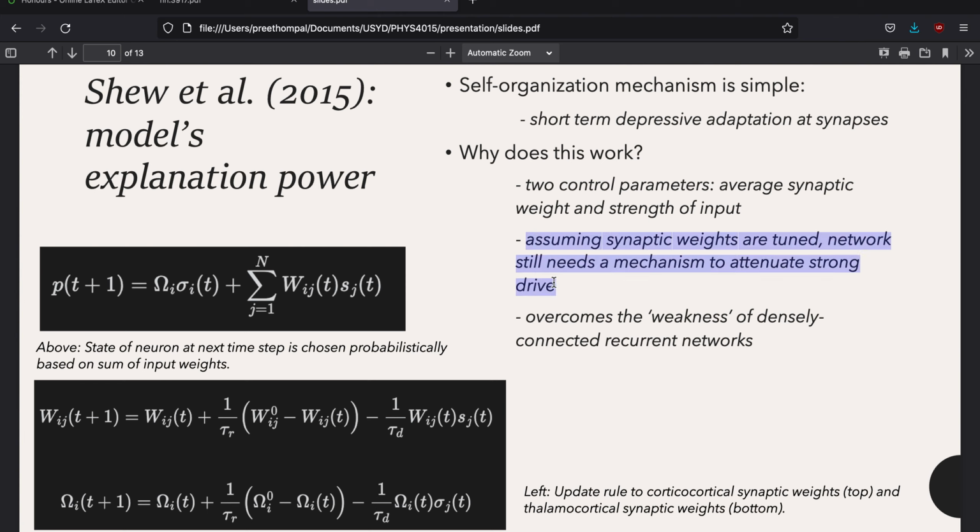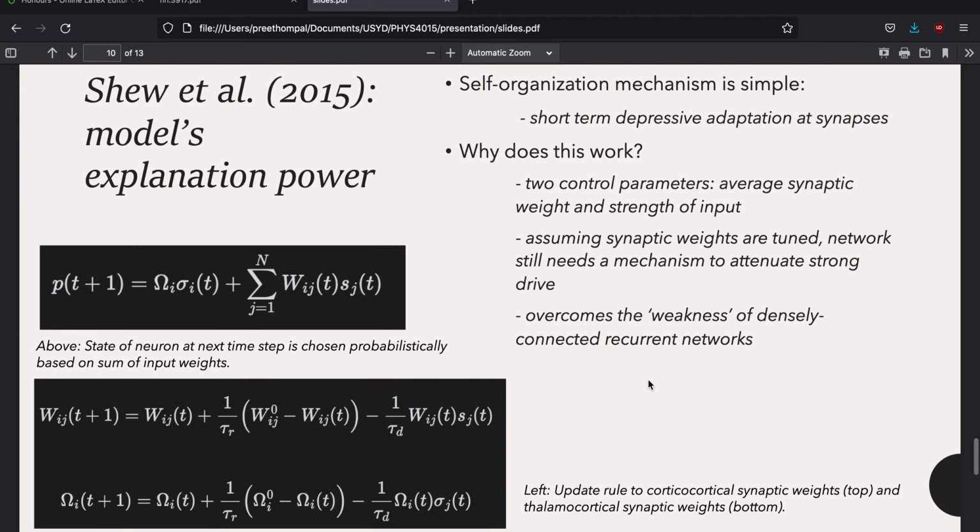Okay, so assuming synaptic weights are tuned, the network still needs a mechanism to attenuate the strong drive, and that overcomes the weakness of densely connected recurrent networks. That weakness being that strong drive pushes it away from criticality. All right, so